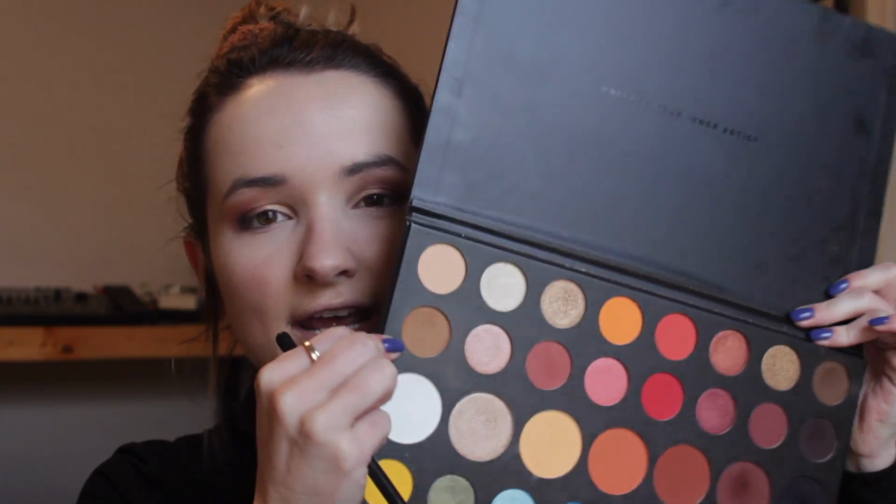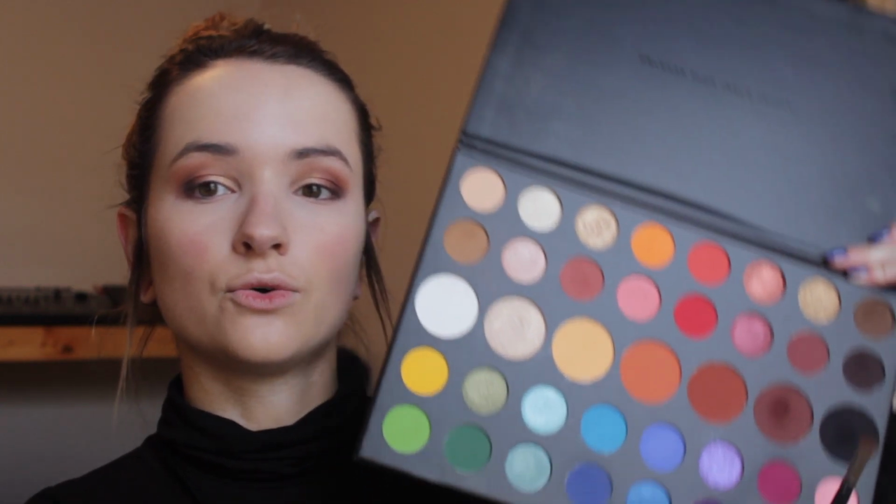Okay, so now for... maybe I'll finish the eyes actually. I always jump around and I can never go in order, but all right, so for my eyes, I'm just gonna be using the same shadows that I put on my upper lid on my lower lash line. Sometimes on my lower lash line, I'll actually skip my transition shade and go straight to the deeper shade. So I'm gonna go straight into this brick tone shadow. I'm just taking that on a little flat top